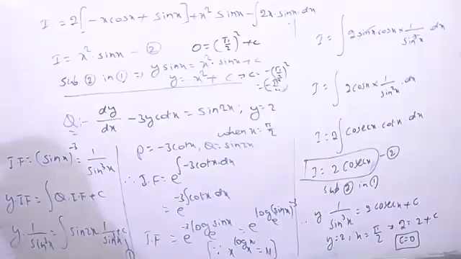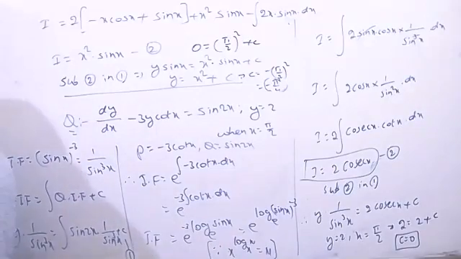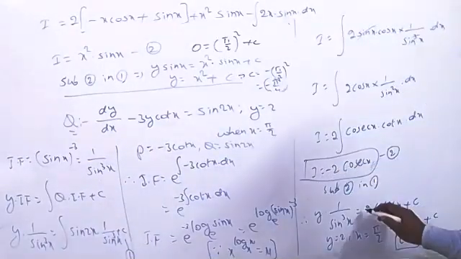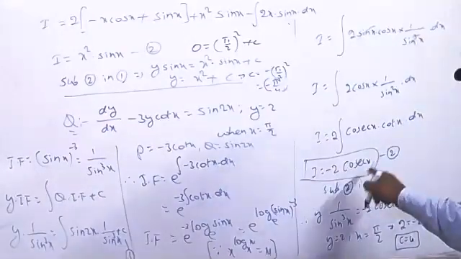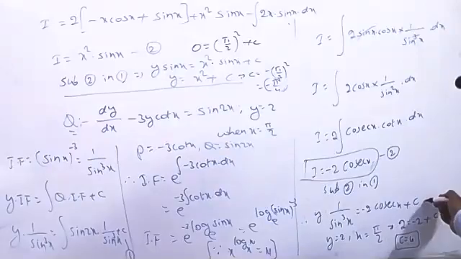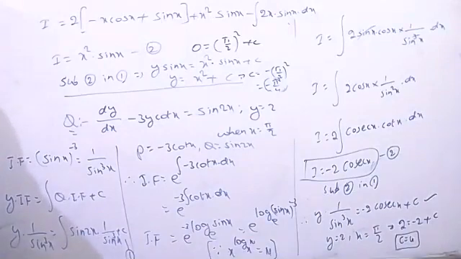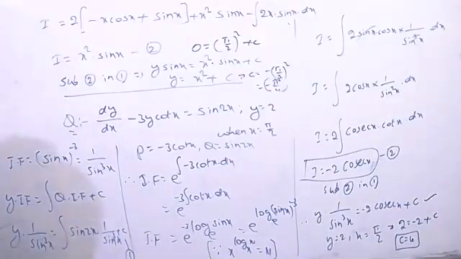Here c equals minus 2 now. Integration of this one equals minus 1. So the value of c equals 4. Again you can substitute it here. This is the required particular solution. 1 by sine cube x, if you want, can be written as cosec cube x. So y into cosec cube x equals minus 2 cosecant x plus 4. Minus 2 cosecant x plus 4 is the particular solution.